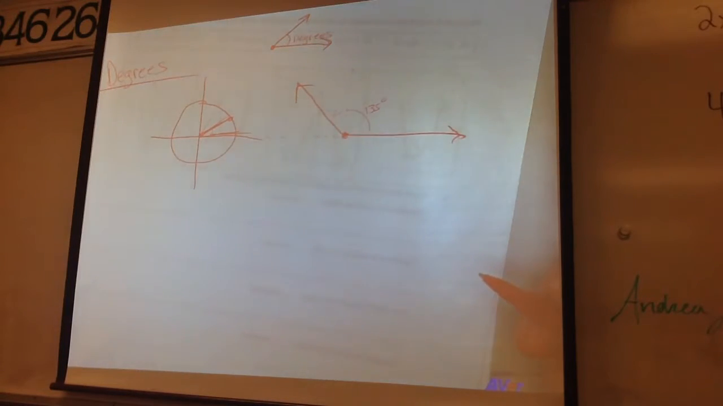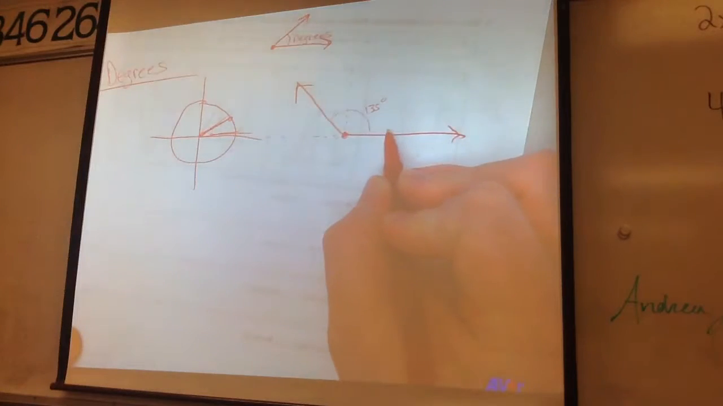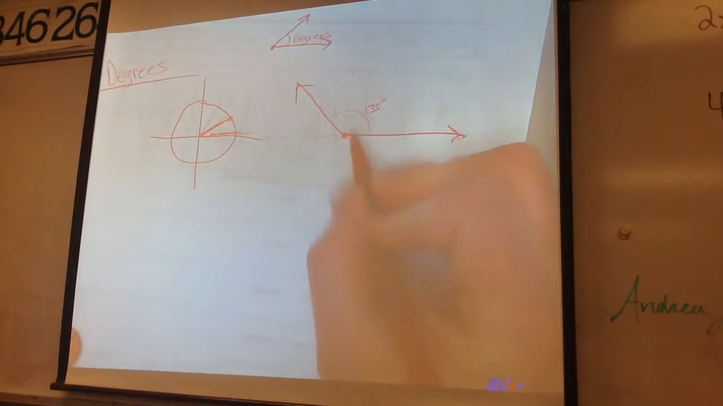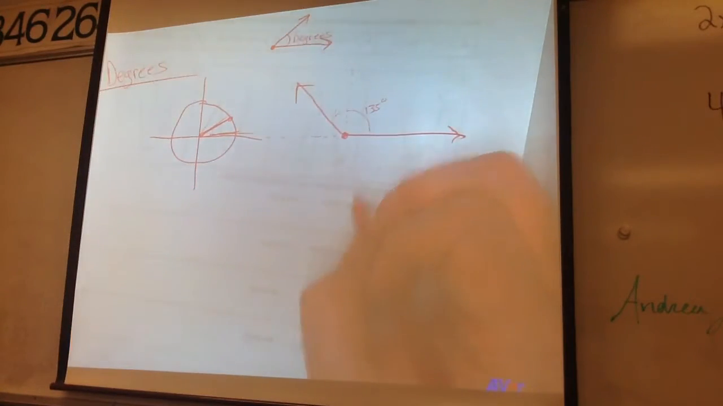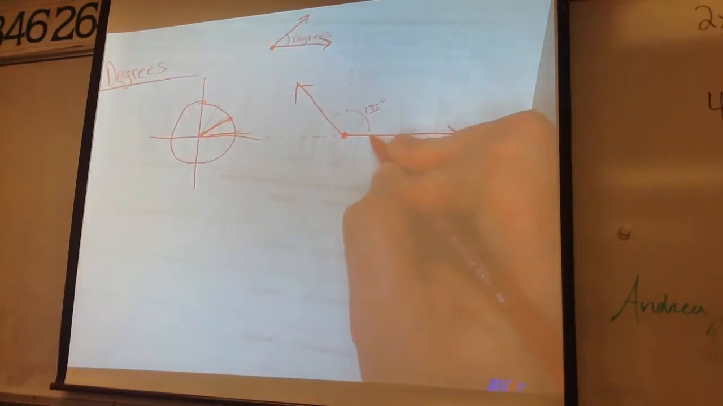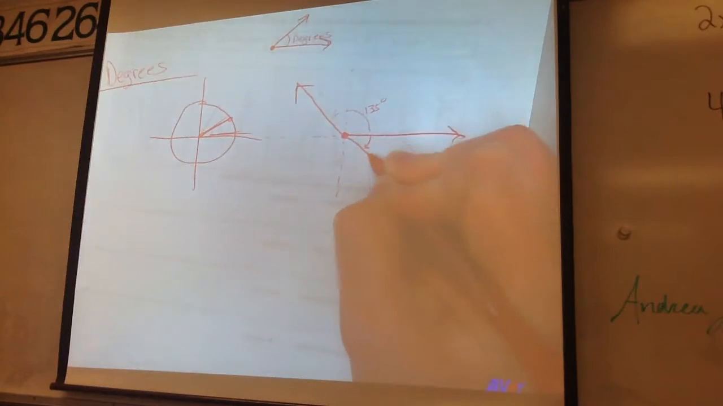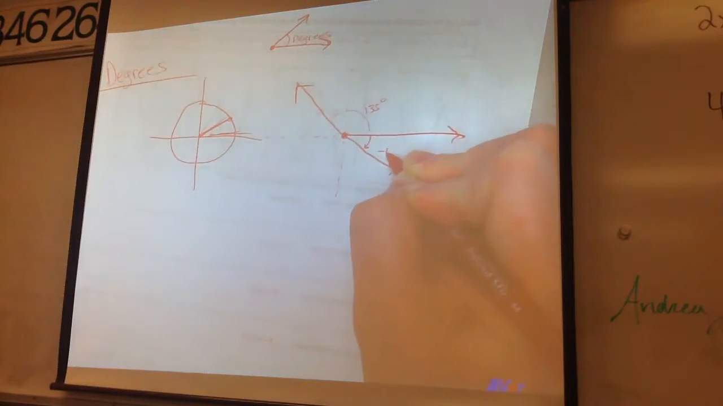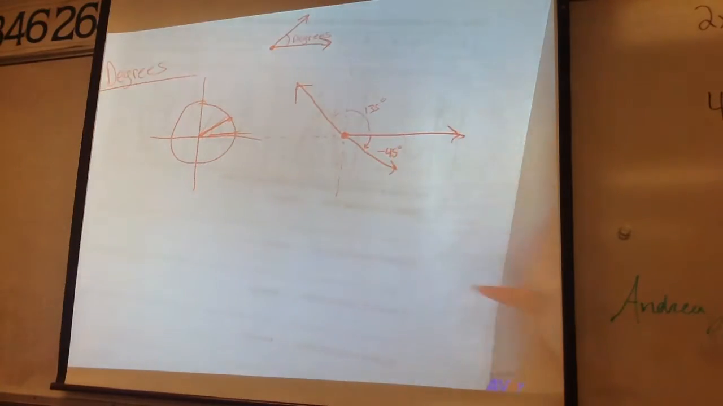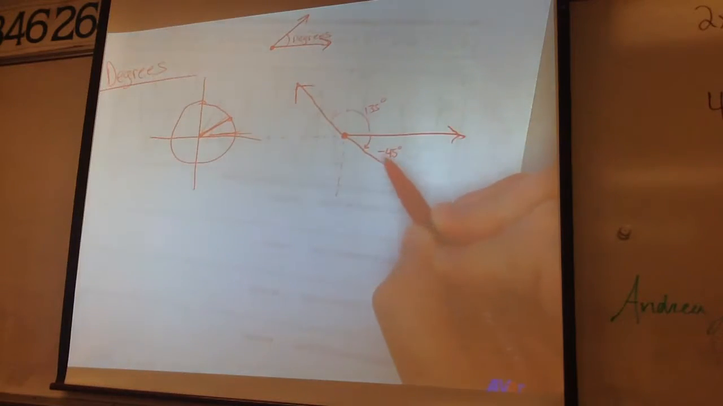The negative is going down. To measure a positive angle, you go this way. If you were told to draw a negative 45 degree angle, you go this way. Here's negative 90, here's negative 45. That is also the same as positive